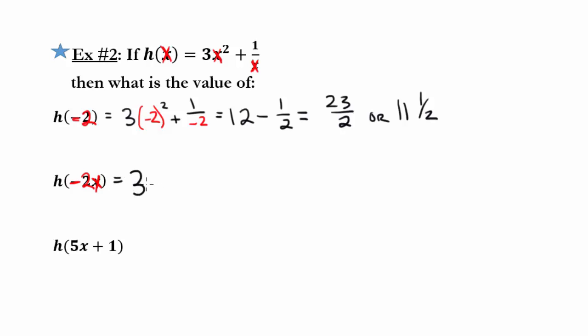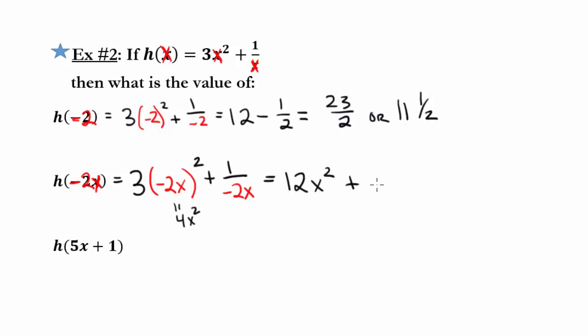So this is going to be equal to 3 times the quantity negative 2x squared, plus 1 over negative 2x. And we can calculate all of that. Negative 2x squared is actually equal to 4x squared. 3 times 4x squared is 12x squared, minus 1 over 2x. And we can't really simplify this anymore, so this would be our answer here. This is an example of plugging in an expression, finding the function value of an expression as opposed